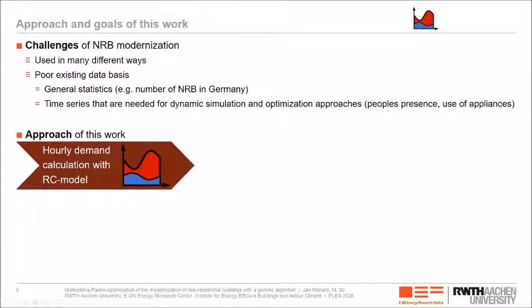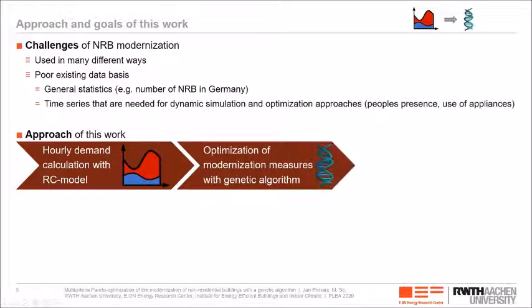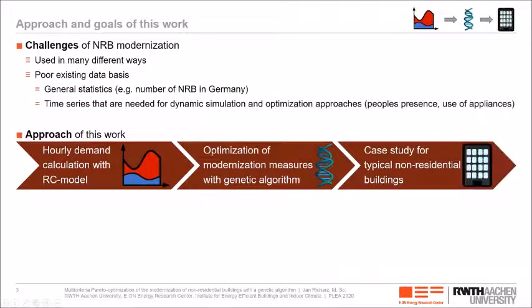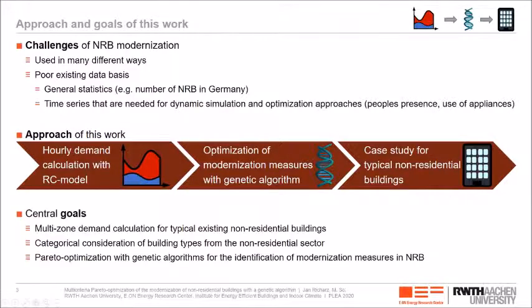We determine some typical time series and use them for the demand calculation inside a RC model. The hourly demand is then used for the optimization of modernization measures with a genetic algorithm. Finally, we apply this method on a typical non-residential building. We aim on multi-zone demand calculation, the categorical consideration of building types, and a multicriteria Pareto optimization for the modernization